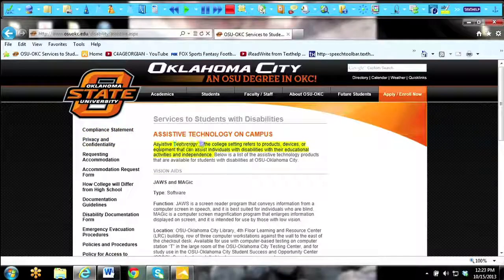Assistive technology in the college setting refers to products, devices, or equipment that can assist individuals with disabilities with their